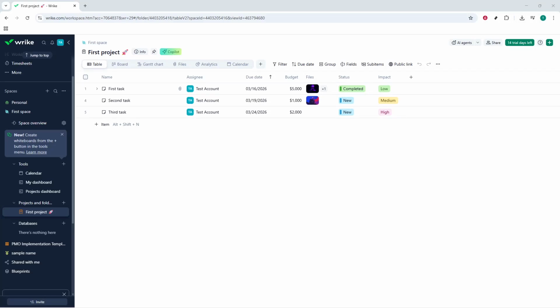In today's video, I'm going to teach you how to create folders in Wrike using the Quick Create button. This is the fastest way to organize your work from anywhere in your Wrike workspace, and it only takes a few clicks. Let's walk through it together so you know exactly what to expect and how to set things up